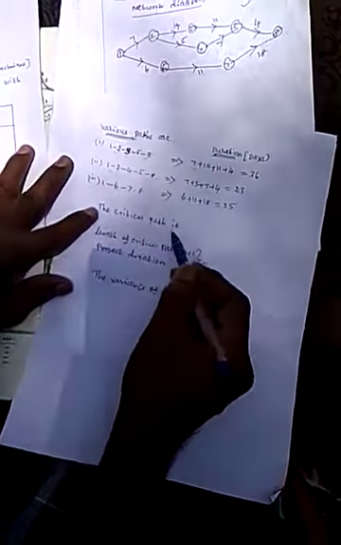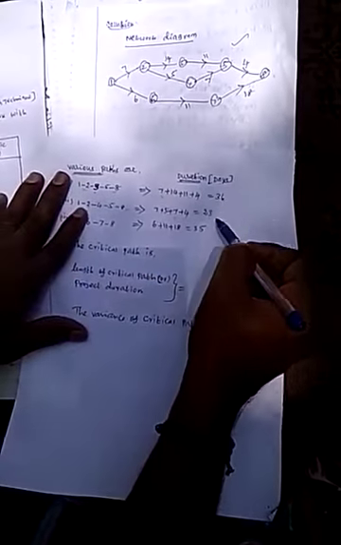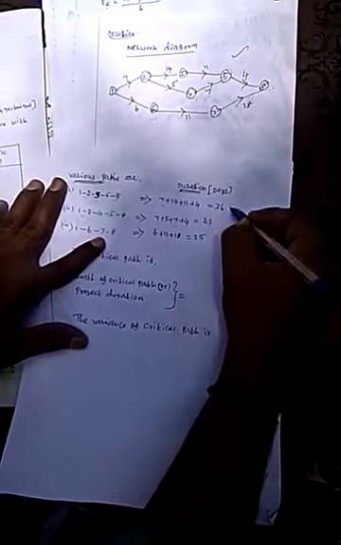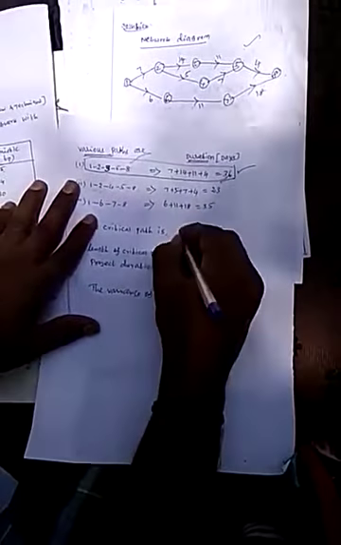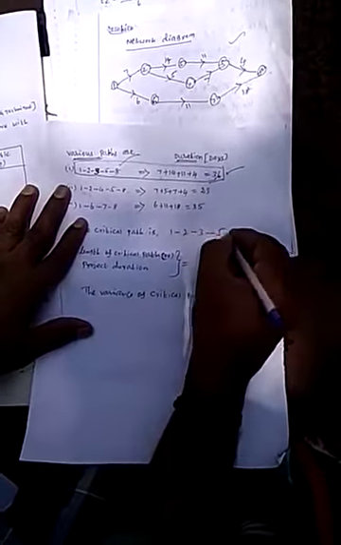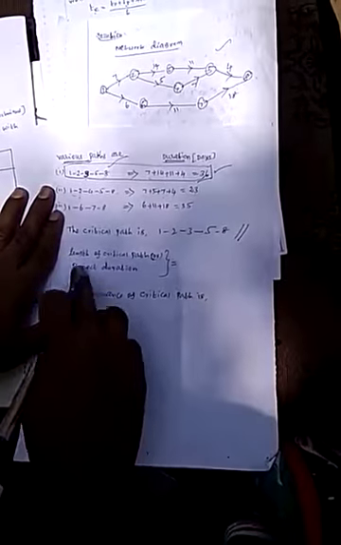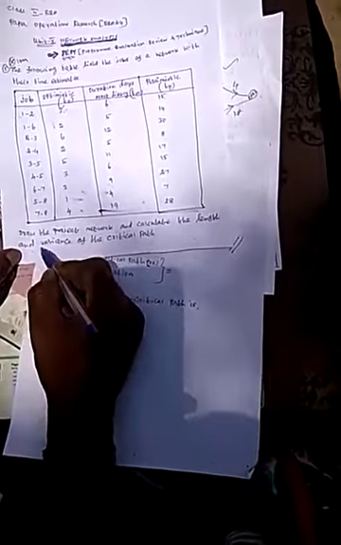We know that in a network diagram, the path of longest duration is called the critical path. Among these 3 paths, the longest duration is 36. So this path is the critical path: 1 to 2, 2 to 3, 3 to 5, 5 to 8. Now the length and variance of the critical path. The length of the critical path and the project duration mean the same. The project is completed in 36 days.